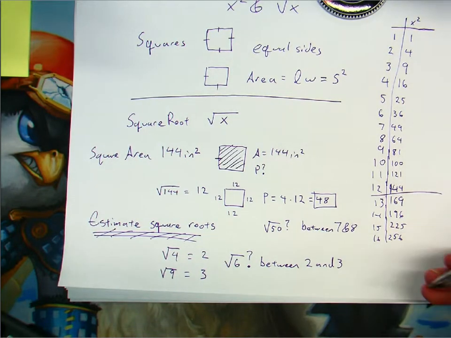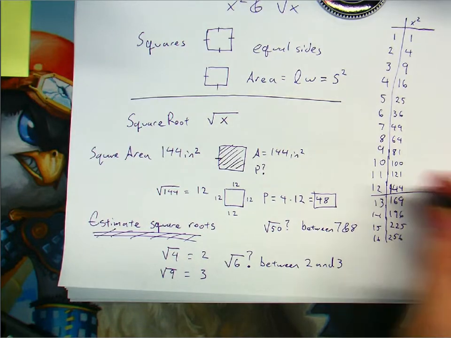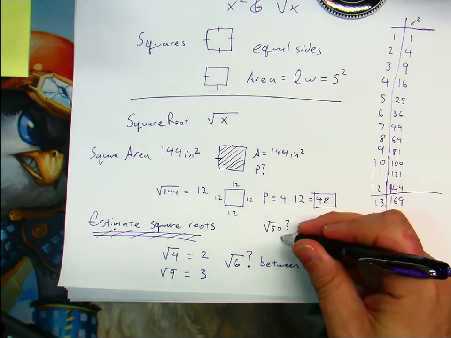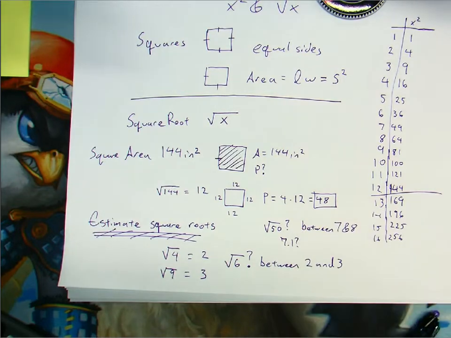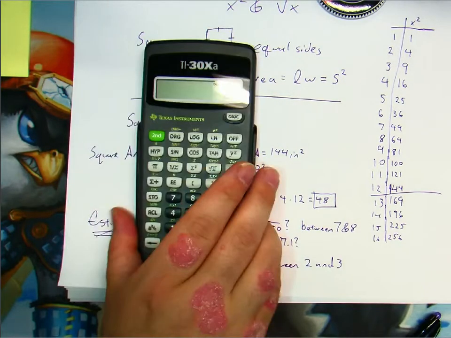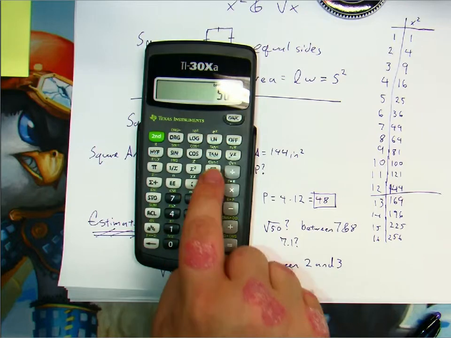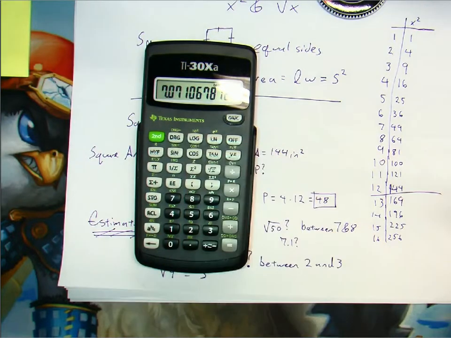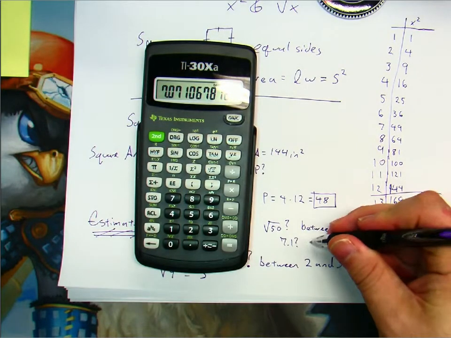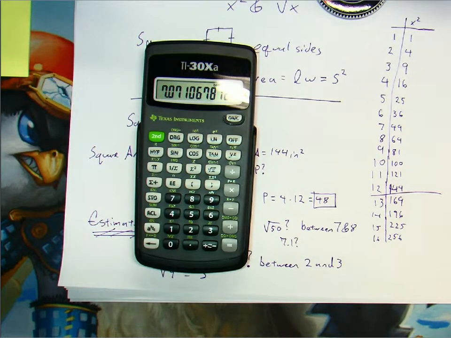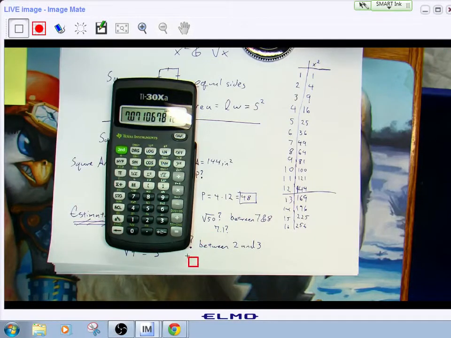So a reasonable estimate would be what? 7.1. Absolutely, I think that's reasonable. 7.1, maybe? And so let's find out. If I do 50, and I do square root, 7.07, right? Which, if we were to round up, would be 7.1. So we want to get in the habit of being comfortable enough with square roots to be able to start estimating where they are at. And that, as they say, is going to